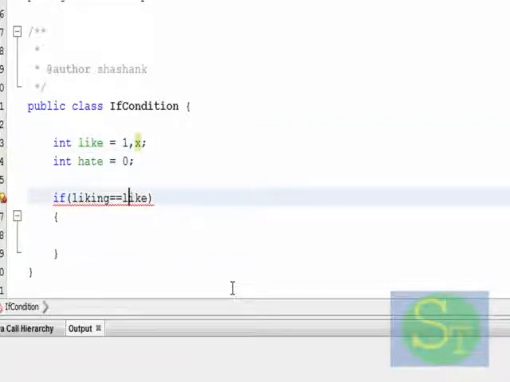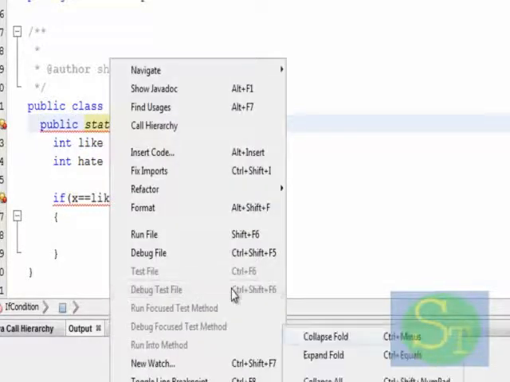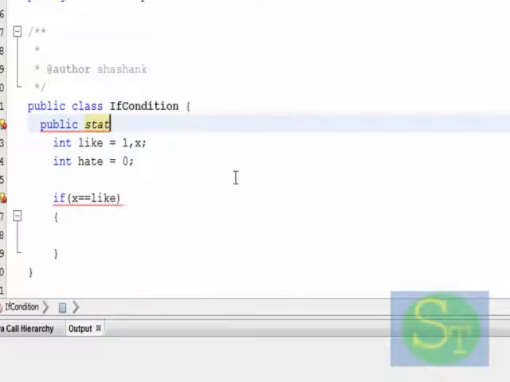So let us see that if x equals to like. Okay, we forgot the public static void main.